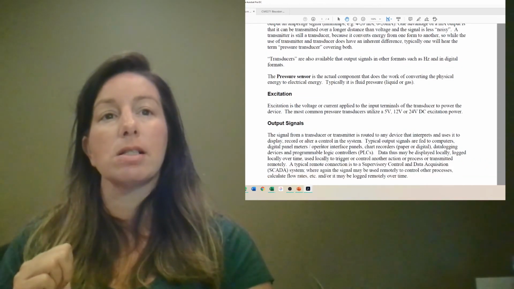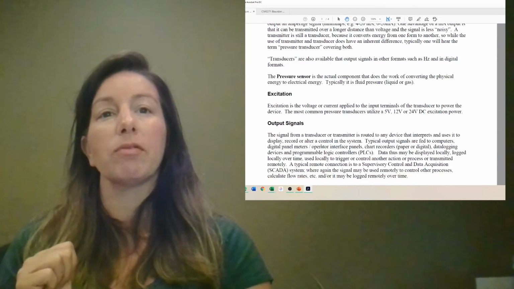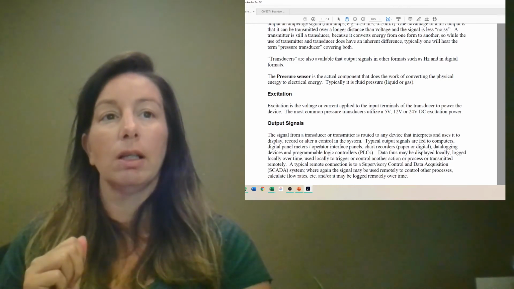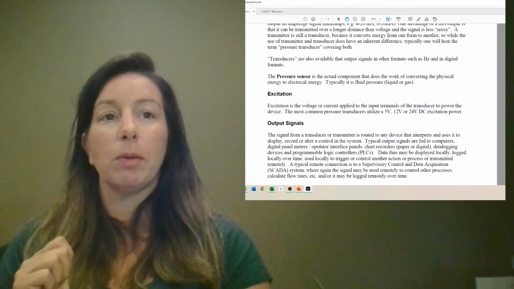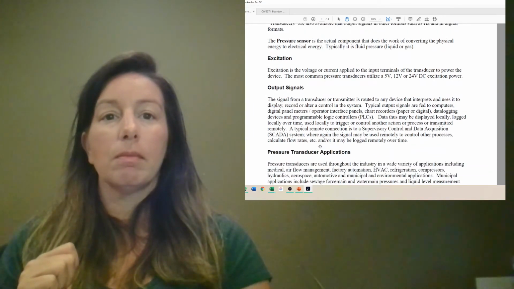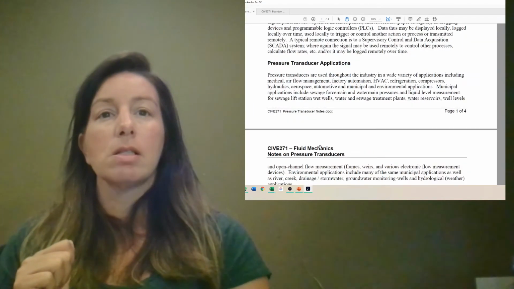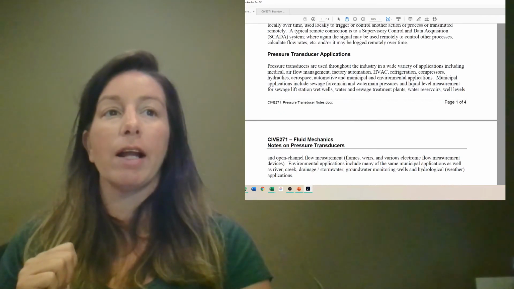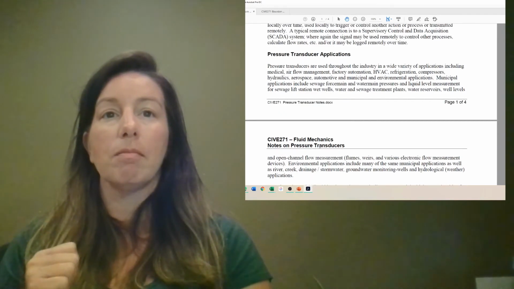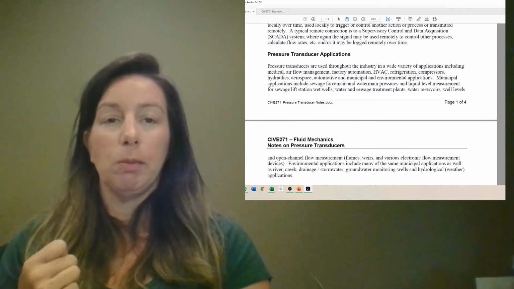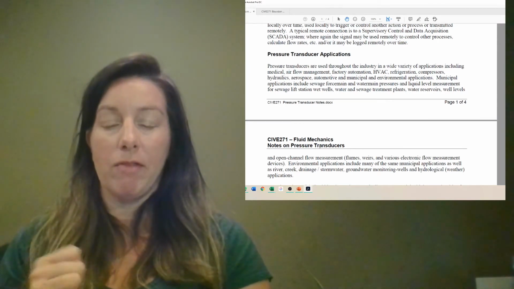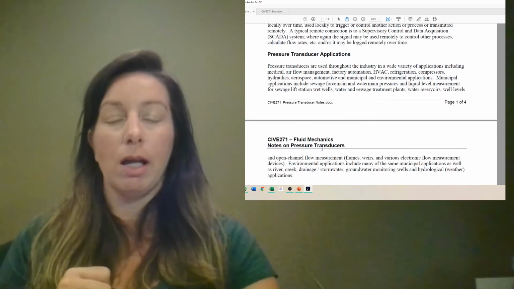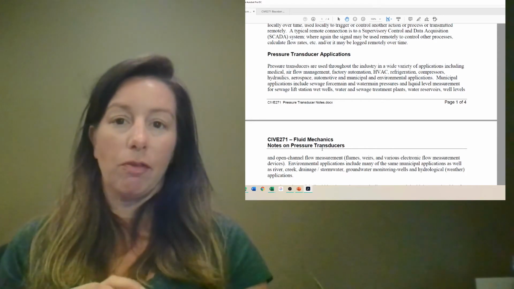So the pressure sensor is the actual component that works by converting physical energy to electrical energy, typically fluid pressure. Applications are used throughout the industry. A wide variety of applications include medical and airflow management. This might actually start becoming very important in this COVID era, where we're trying to get airflow within buildings